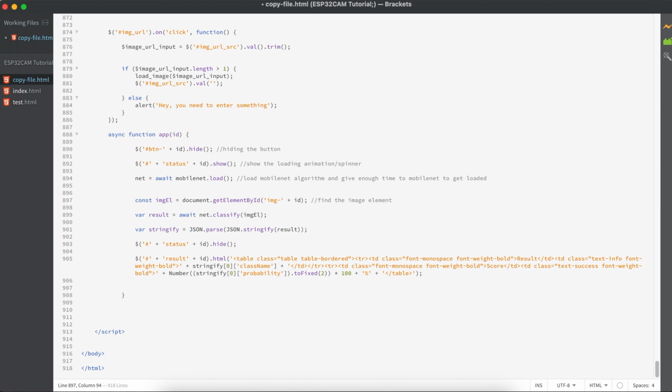So we are using image hyphen ID as the ID format. Here we have to find the image element that has the ID like image hyphen ID. So this is where you are passing your